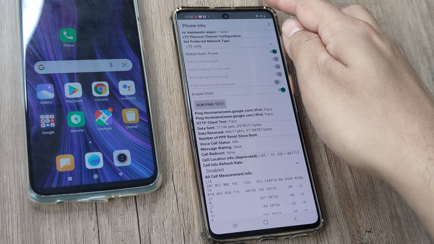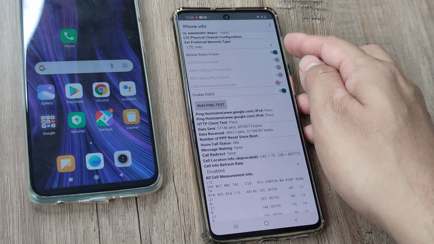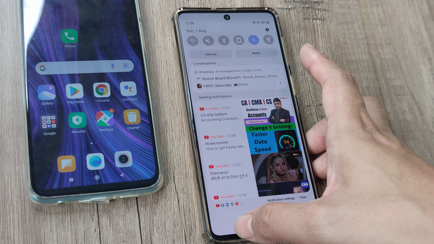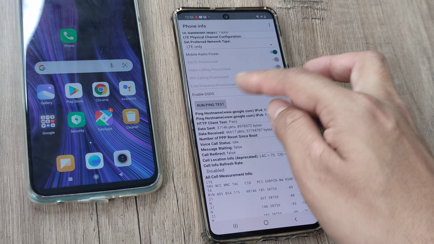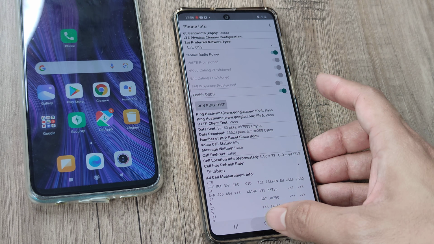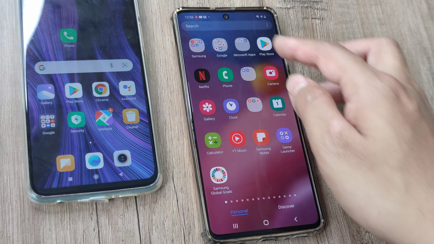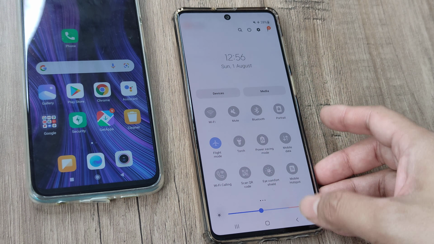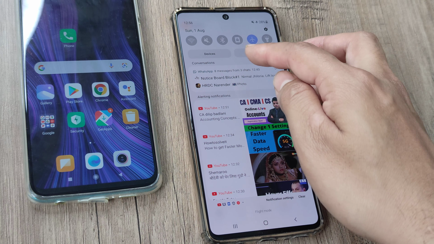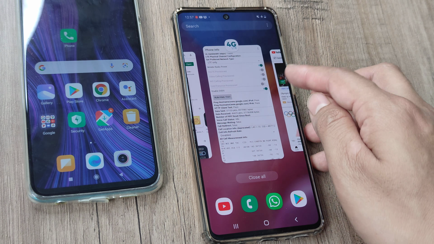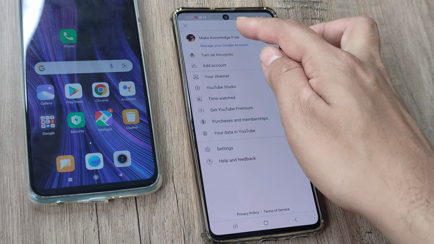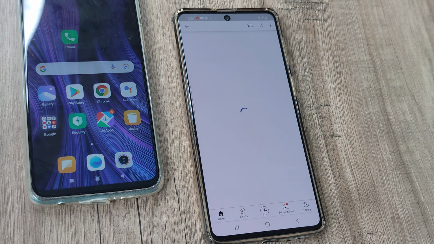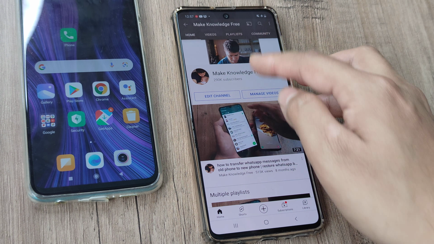Actually, I had mobile data on, so I've made this flight mode again just to prove my point, and I'm running a ping test so that I get a pass message here. Now if I run YouTube, even with flight mode and no data being present and no Wi-Fi, you can see I am able to run my YouTube channel and everything. There you go, my channel, and it's back online. Great, everything works.